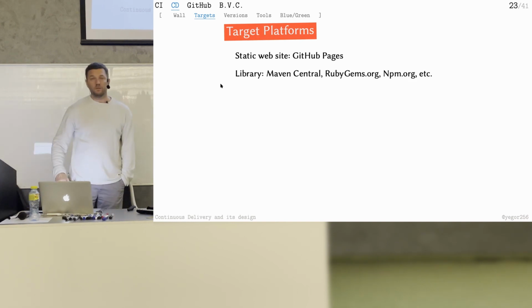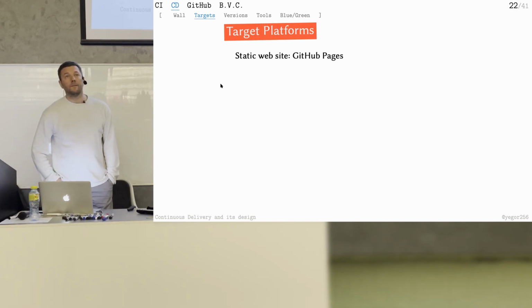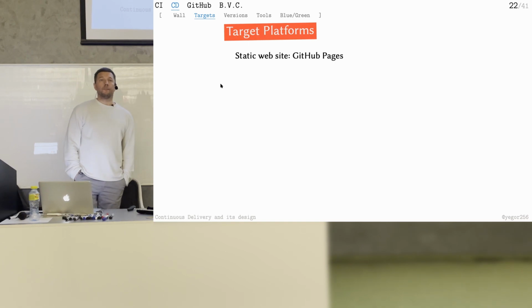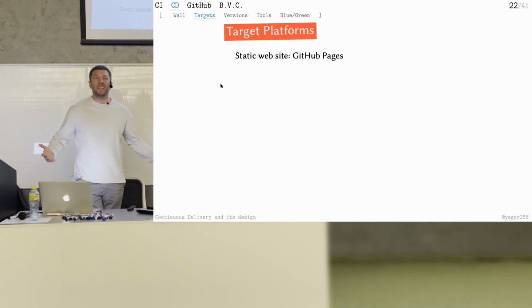Then isn't it super easy to load any static website? It's super easy for many static websites. Most websites right now are static. People just found it out 10 years ago, realized that many sites don't need to be dynamic.